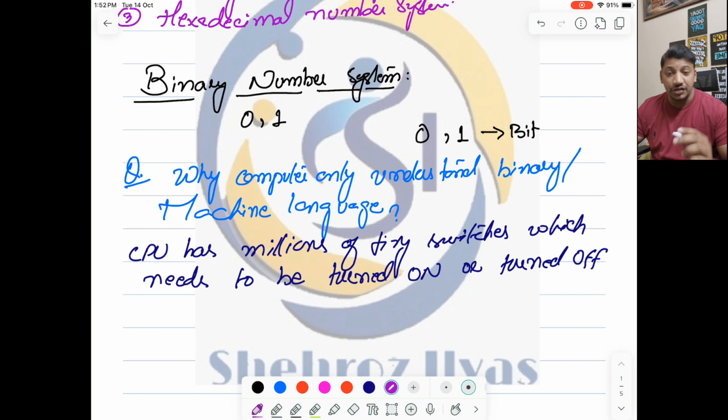So if the switch is turned on, as you can see there,